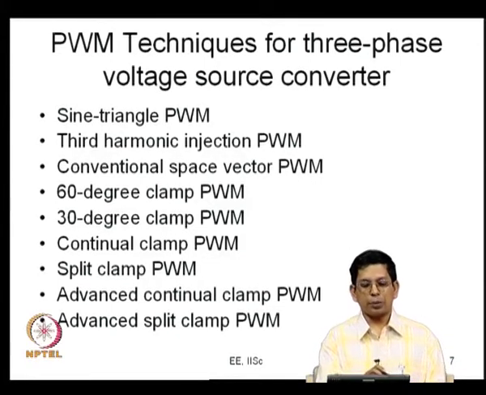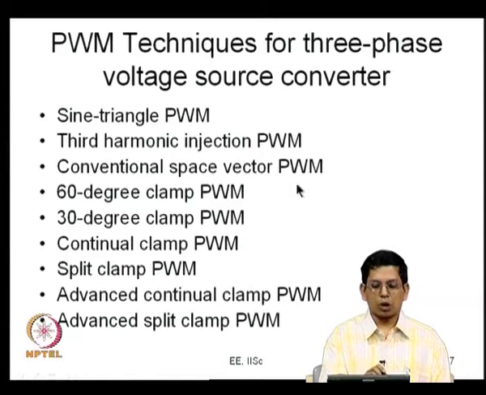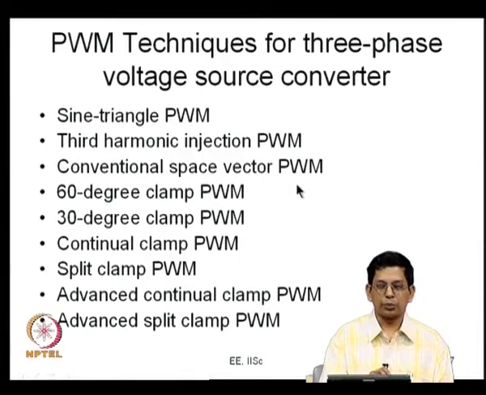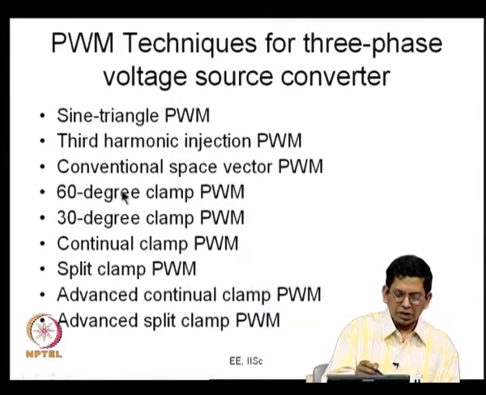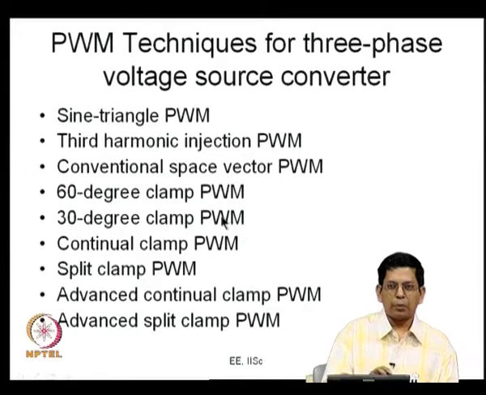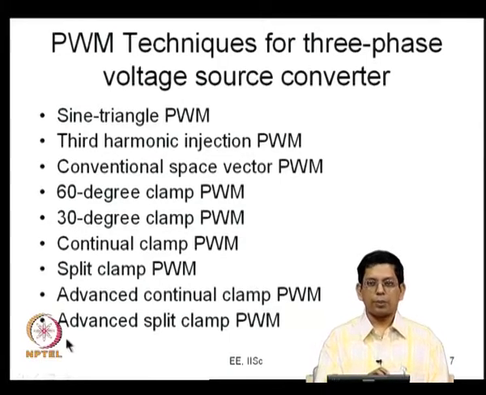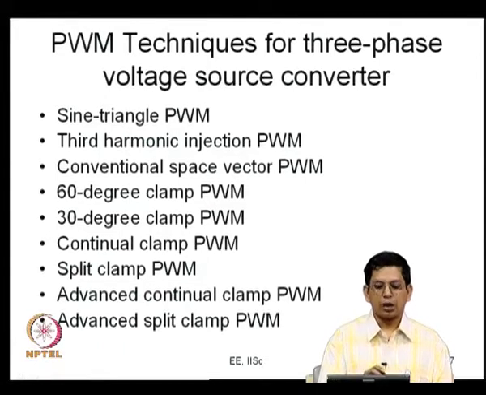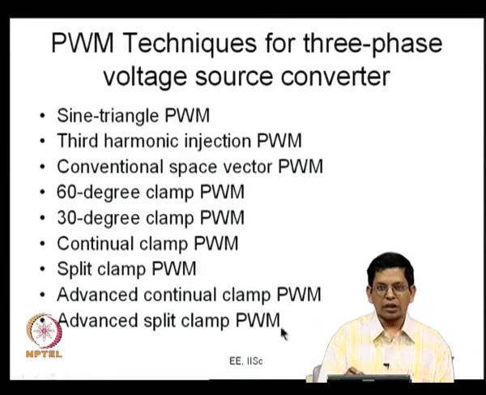It can also be easily produced by adding a certain common mode component, as we discussed in one of the previous lectures. Again, all the 60 degree, 30 degree clamp and their generalizations called continual clamp and split clamp, all these PWM waveforms can be produced either using the triangle comparison approach or the space vector approach. The last two that we are talking of here can only be produced using the space vector